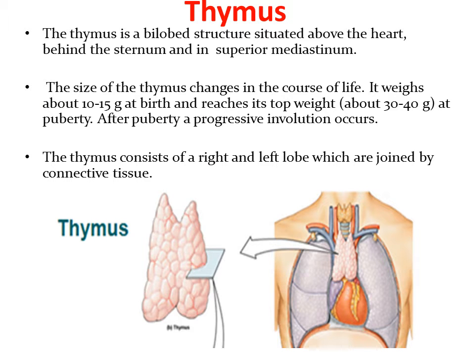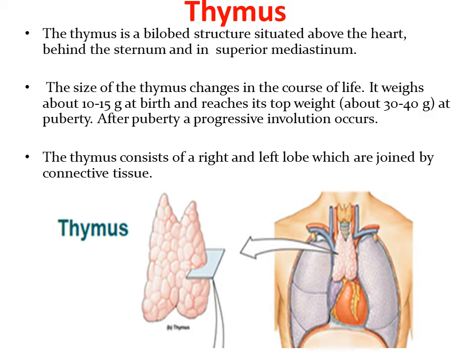Thymus is a bilobed structure situated above the heart, behind the sternum, in the superior mediastinum. The thymus originates from the endoderm of the third pharyngeal pouch, and the size of the thymus changes in the course of life. At birth, it is around 10 to 15 grams, and at puberty, it is about 30 to 40 grams. After puberty, a progressive involution occurs in this organ,